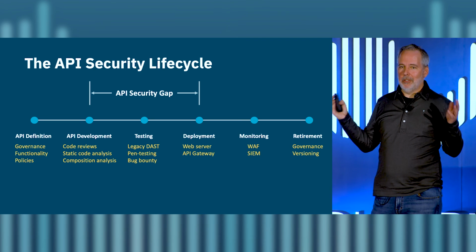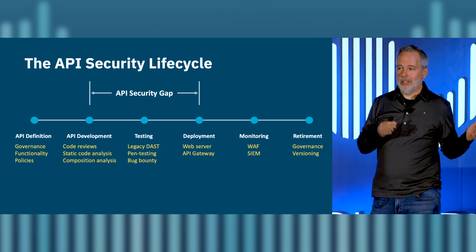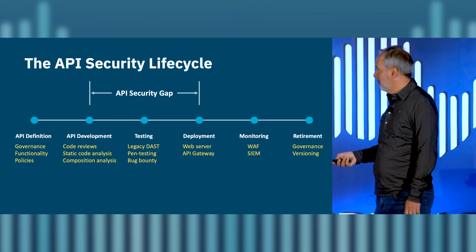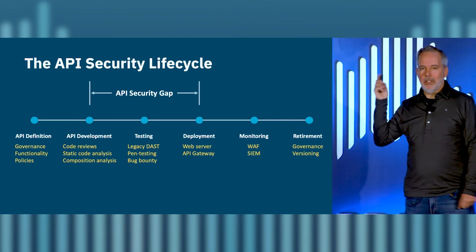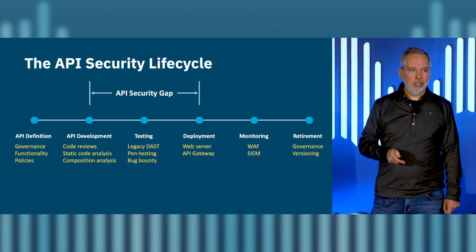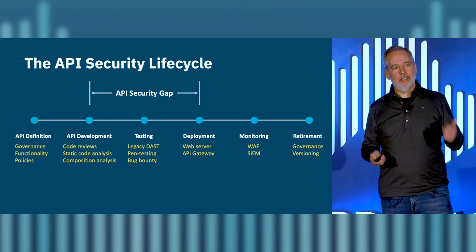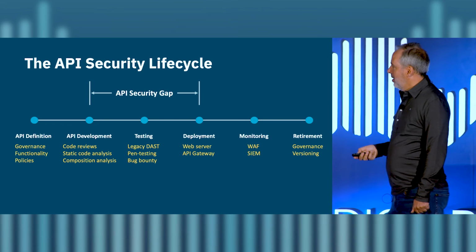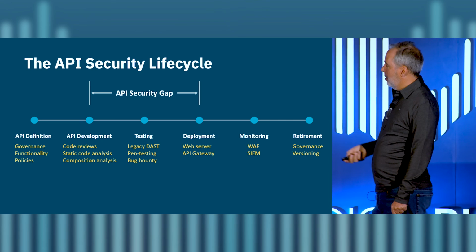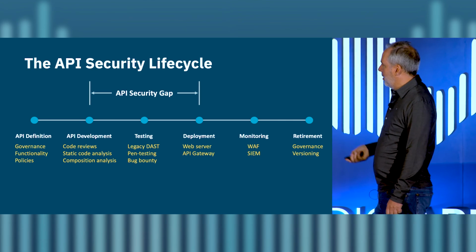And this is where we think there's a great big security gap between development and deployment. And it's not because we don't want to, it's just really hard. The tools, the automation hasn't existed. And then you move into deployment. We are huge fans of gateways. You should use gateways. It's a great place to enforce governance and controls and the like. And then you've got your WAF and so forth.